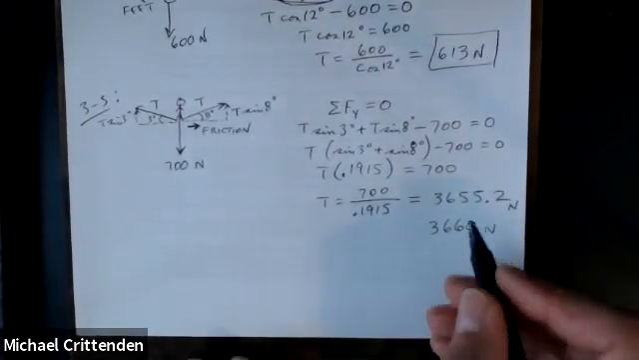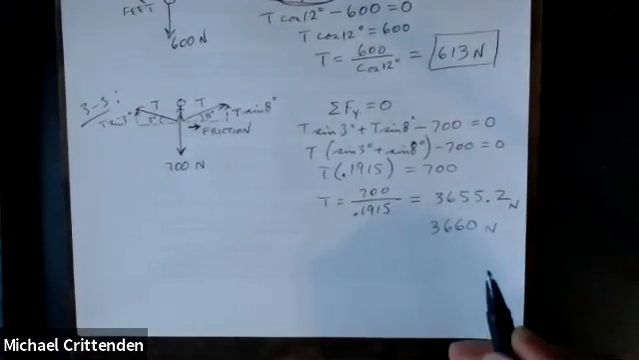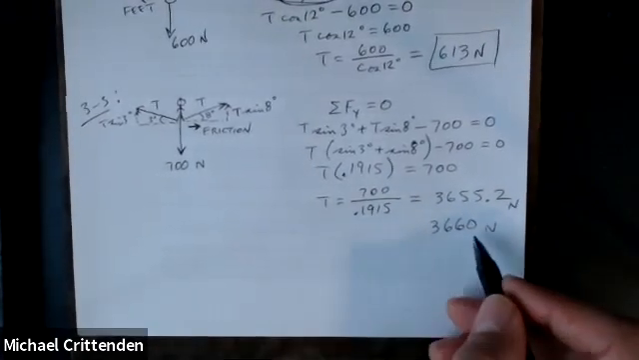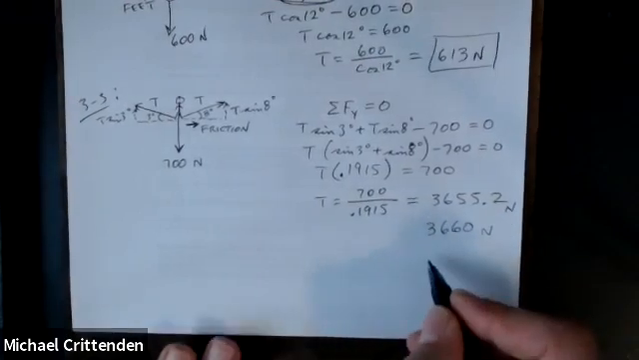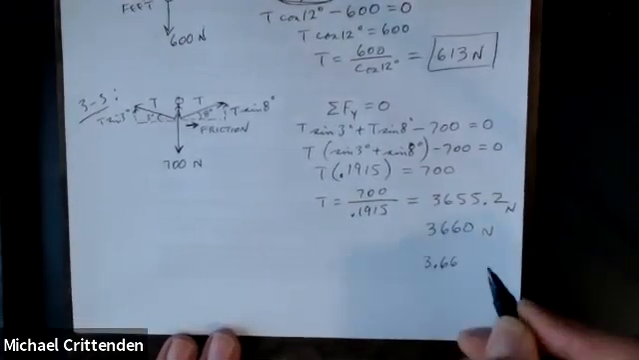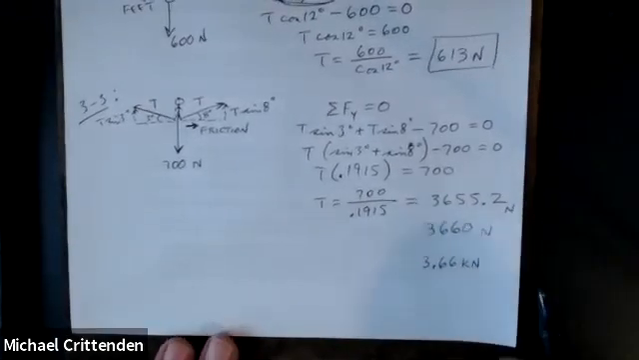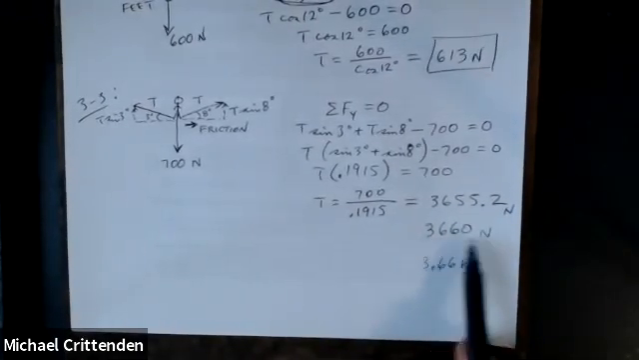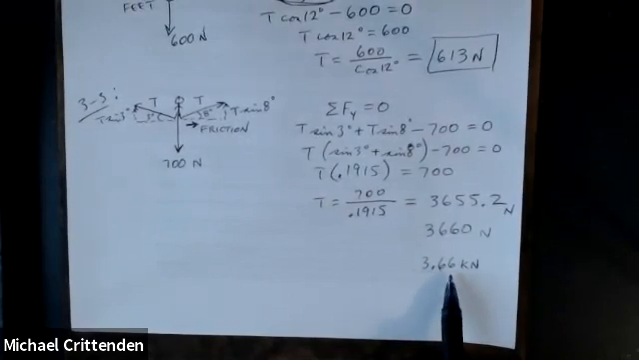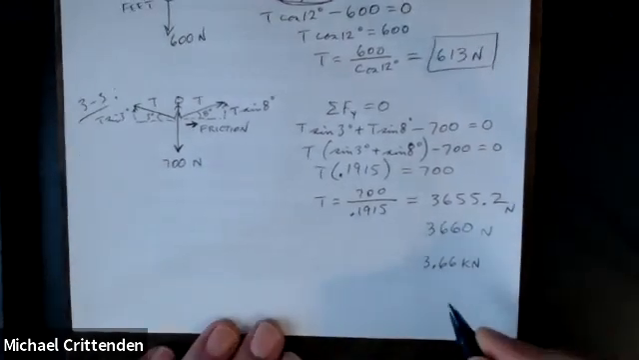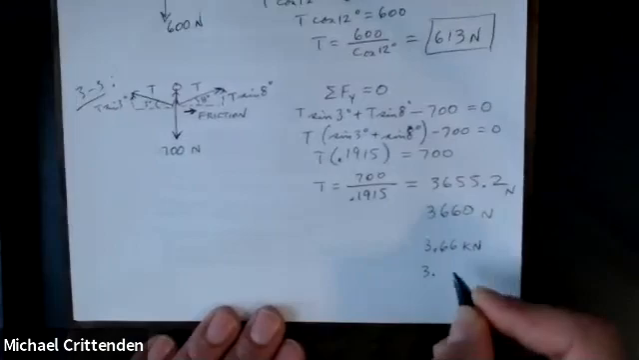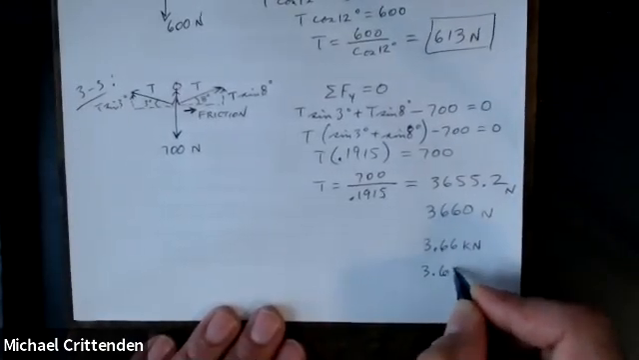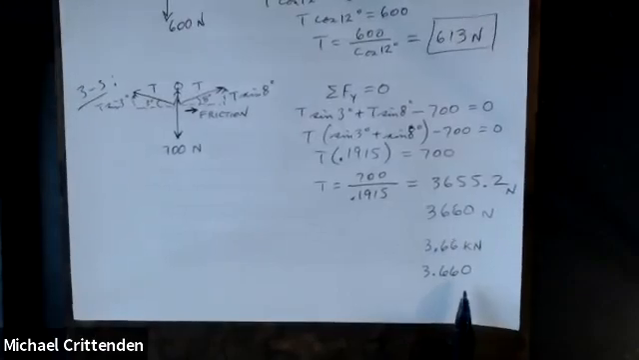So to avoid that ambiguity, let's move 1, 2, 3 places over. Instead of that, we'll just say 3.66 thousand newtons. And when you write it like that, that clearly has 3 significant figures. Whereas if you had meant it to have 4 significant figures, you would have written it like that,